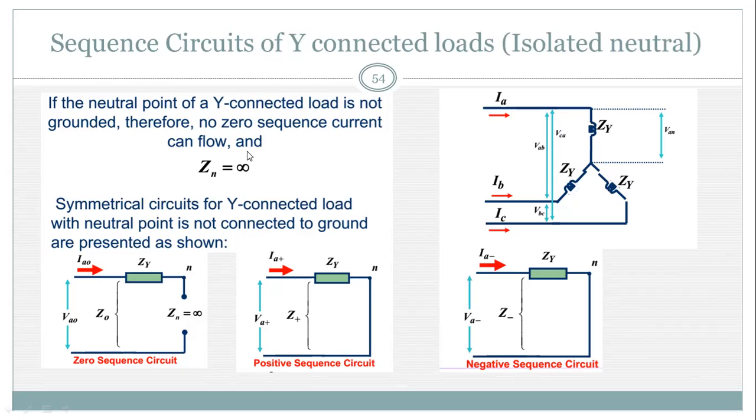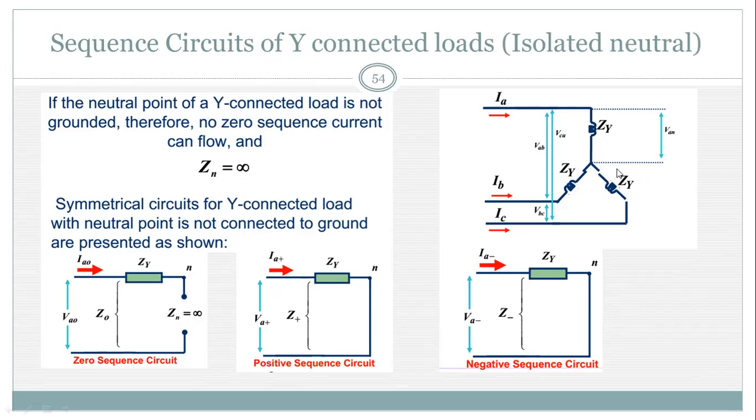If Zn is infinity, there will be no effect in the positive and negative sequence circuits, because there is no neutral impedance present in them. So there will be no effect in the positive and negative sequence diagrams. But the zero sequence diagram is affected,